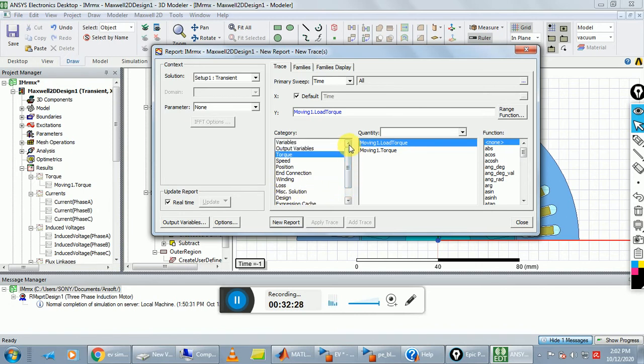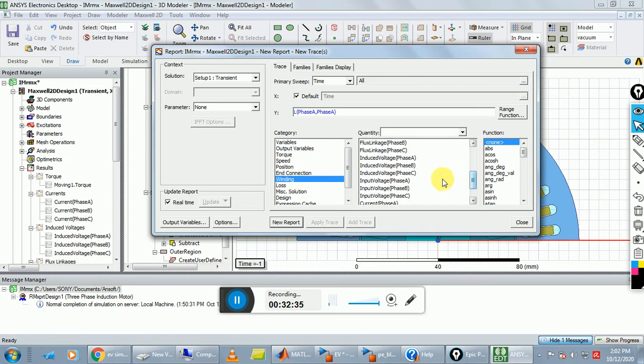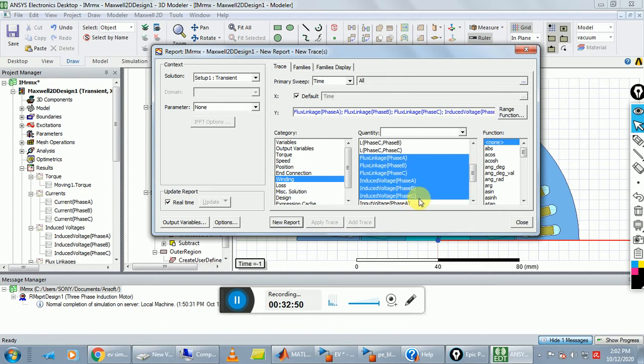So here we suppose plot for windings. In windings suppose we plot flux linkages. Select flux linkage for phase A, phase B, phase C, and induced voltage for phase A, phase B, phase C, and click on new report.